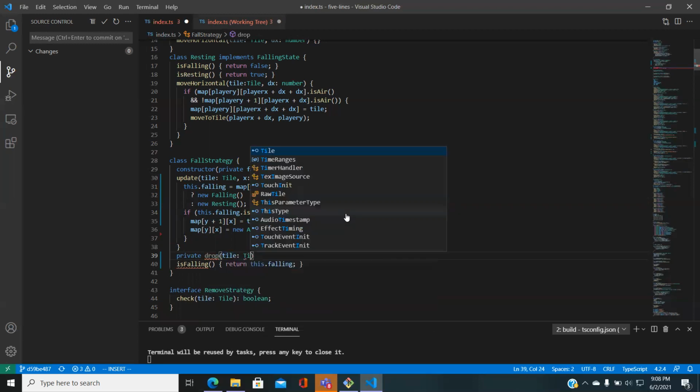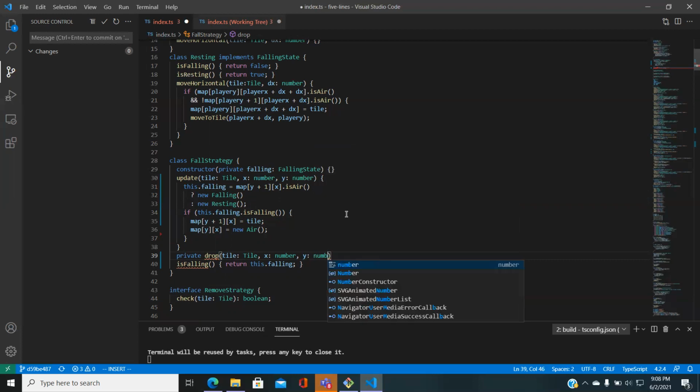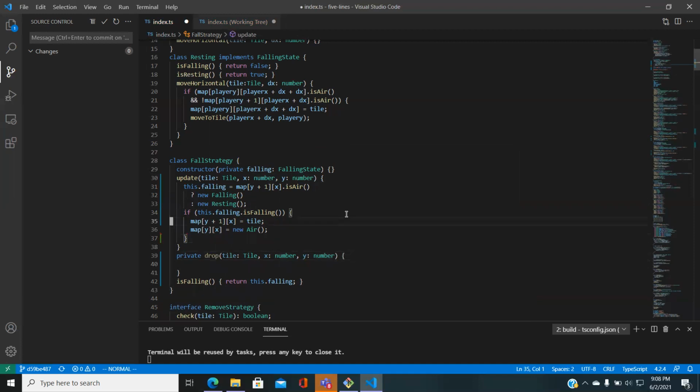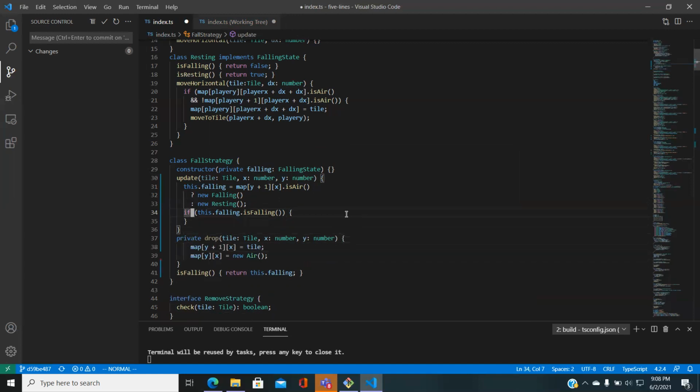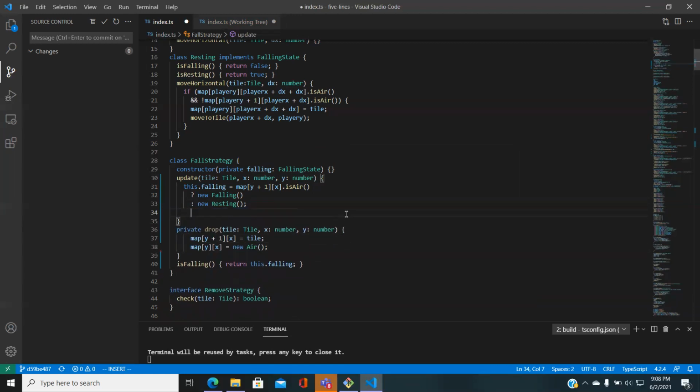Tile, X number, Y number. Okay. Say this dot drop of tile X and Y. Okay, so we've extracted out the drop method. Here, locally, it's only used here